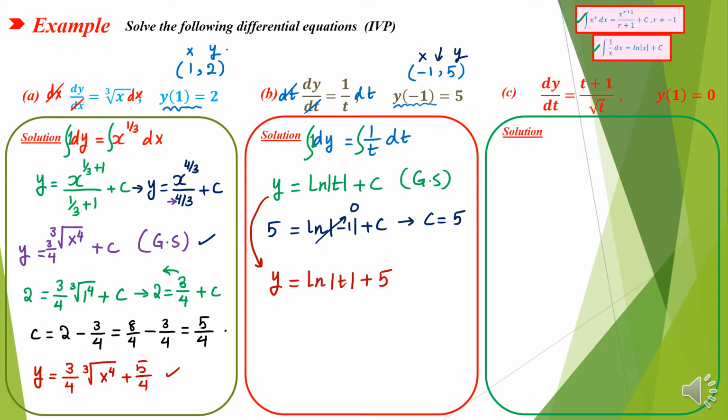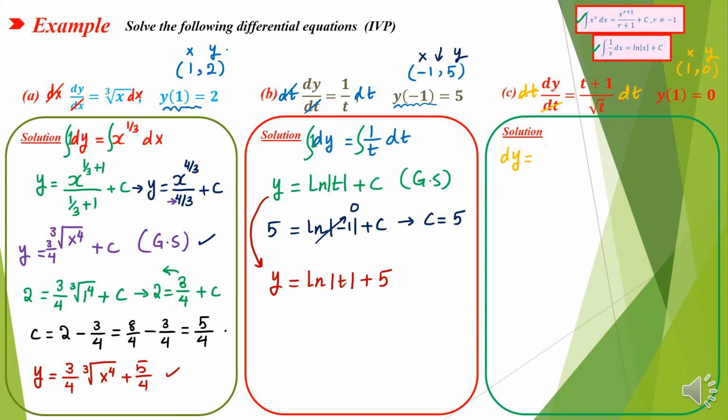Now in part C we have dy by dt equals t plus 1 divided by square root of t, and we have the initial condition y of 1 equal to 0. And this initial condition means the point 1 comma 0, which means x equals 1 and y equals 0. So first you have to multiply both sides by dt. Cancel dt with dt, you will get dy